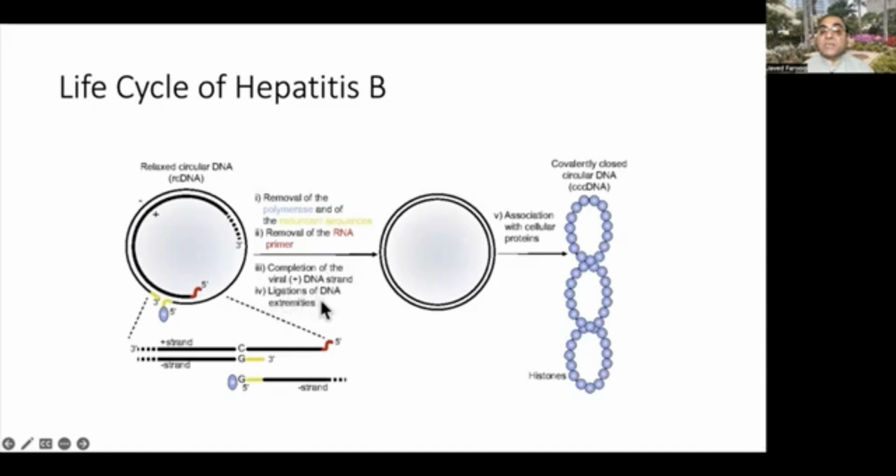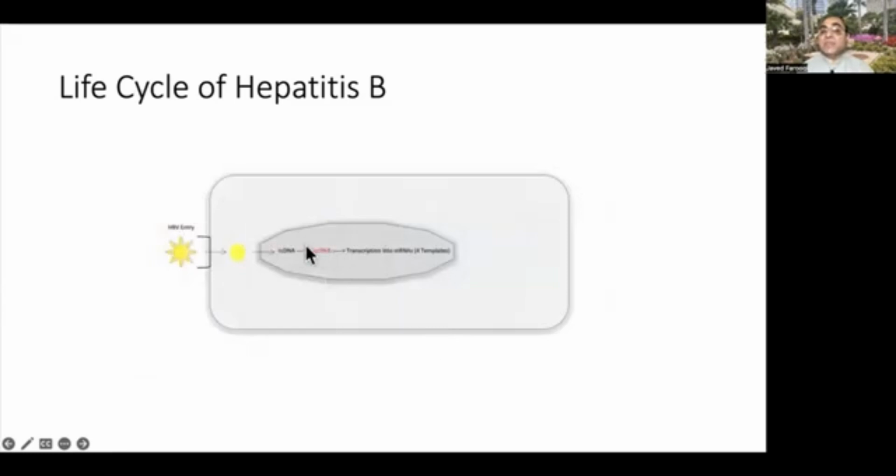Fourth is the ligation of the DNA extremities, and fifth is the association of the cellular proteins. If you don't remember these, no issue, but you should remember that the relaxed circular DNA is converted into cccDNA within the nucleus. So of the four templates, one is the translation into the HBs antigen, another is the translation into